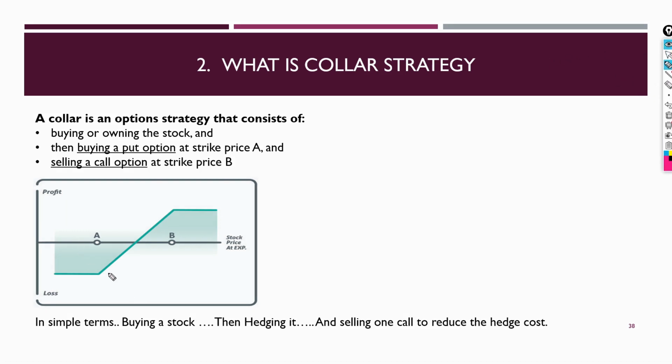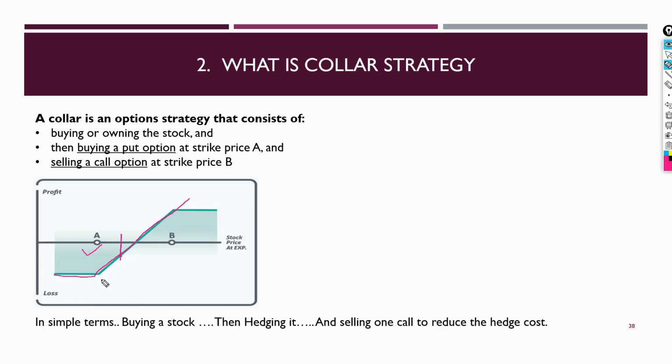But take a hypothetical. You are owning a stock. Say this is the current market price. You buy a future here. Now you want to protect your downside, so you buy a put of a strike to hedge it. So now your payoff structure will look like this. Your downside will be protected and your upside has unlimited profit.